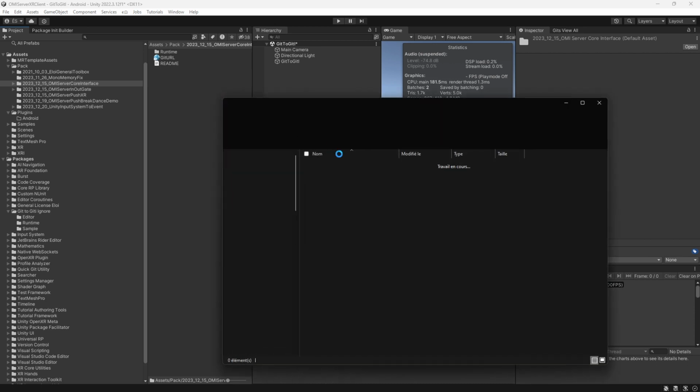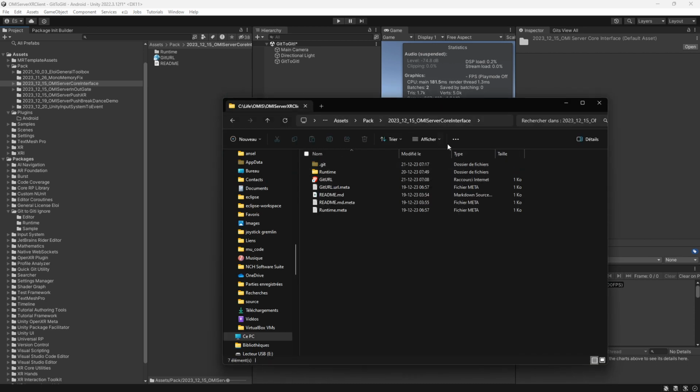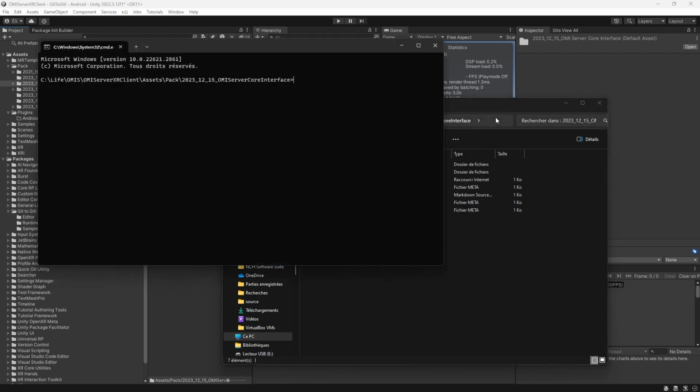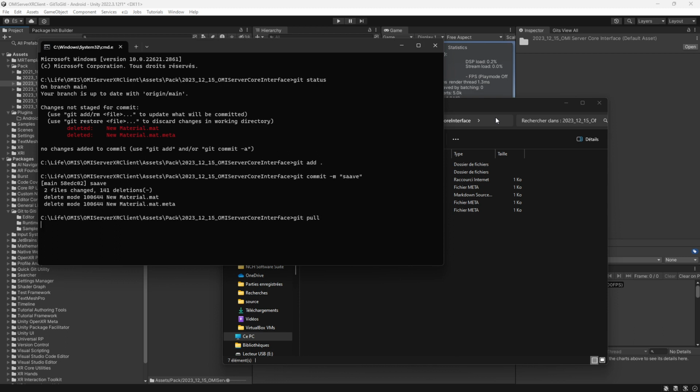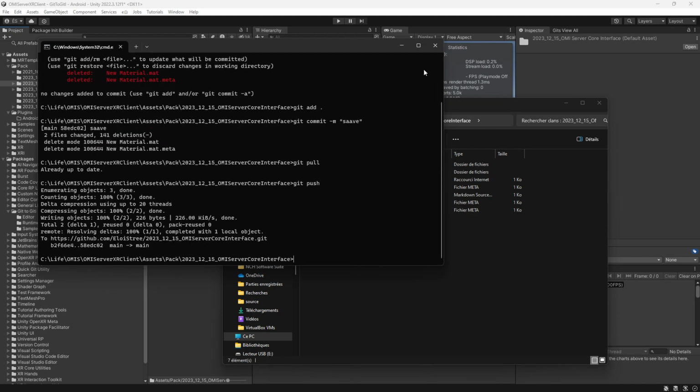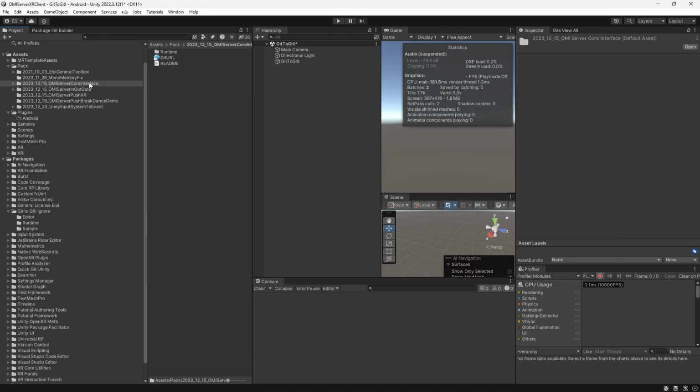I go here in the Git, and I will save it. Git add, git commit, save, git pull, git push. Okay, so now it's saved. I worked on my toolbox. I'm happy. The thing is that now I want to make a save of my project and not my